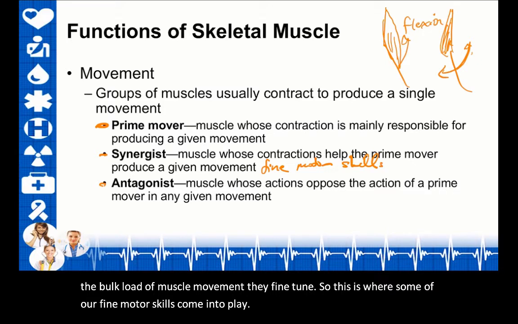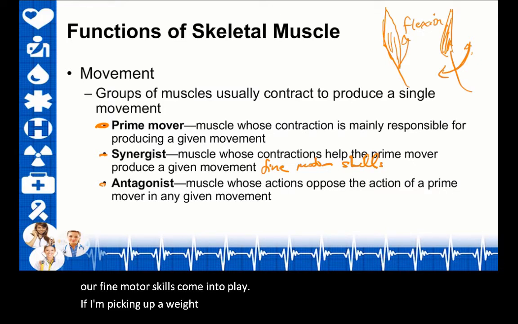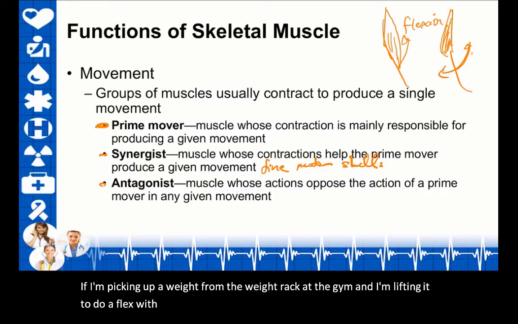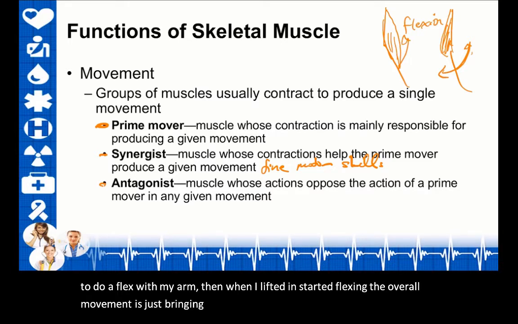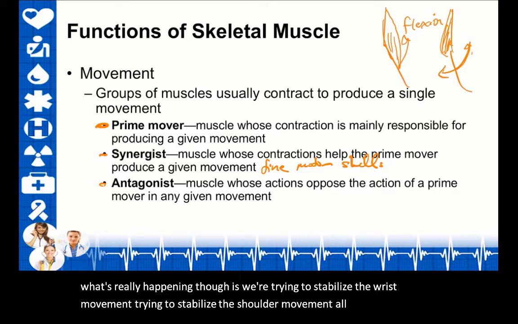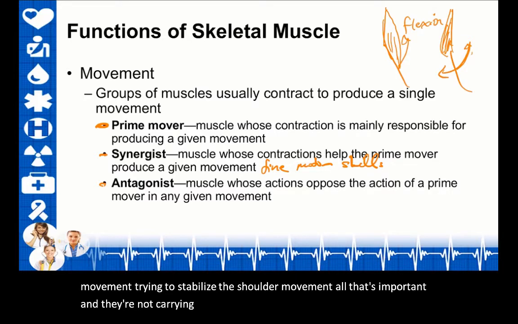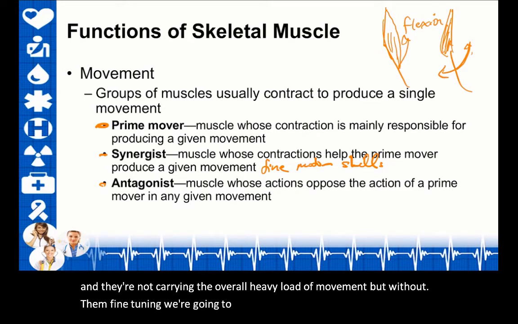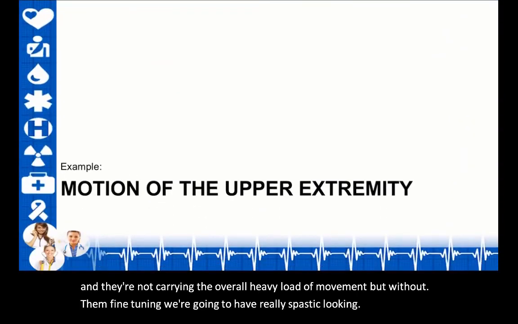If I'm picking up a weight from the weight rack at the gym and I'm lifting it to do a flex with my arm, then when I lifted it and started flexing, the overall movement is just bringing that dumbbell closer to my arm. But what's really happening, though, is we're trying to stabilize the wrist movement, trying to stabilize the shoulder movement. All that's important, and they're not carrying the overall heavy load of movement, but without them fine-tuning, we're going to have really spastic-looking movement. So as we look at some examples,